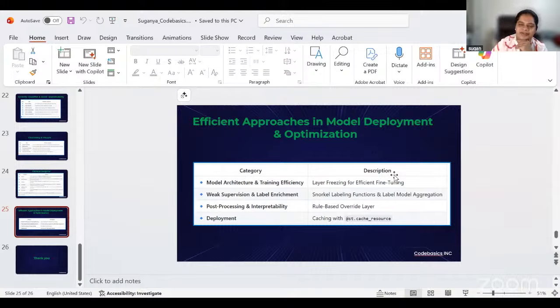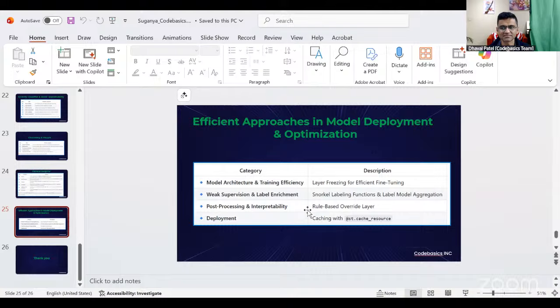So these are the key differences which I learned. I saw them practically while doing these things. And Snorkel labeling is a very good option to reduce some manual work for labeling. I also added post-processing. If the model misses something, if it fails to detect something, I added a dictionary where we can manually override the model's outputs.